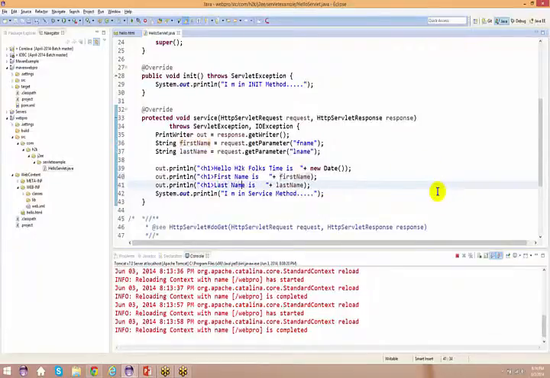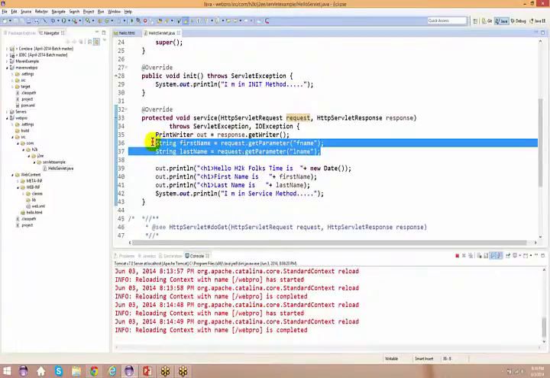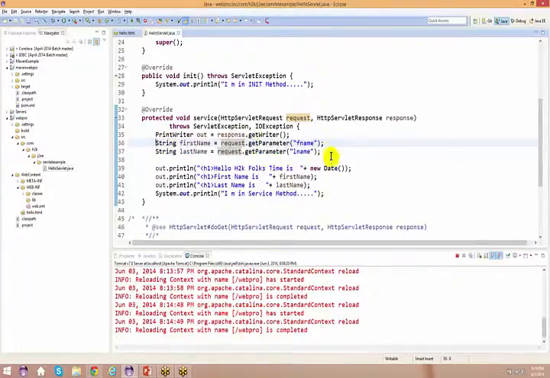Okay, so I'm done with using my request object out here. So what did I do with the request object? With the help of the request object, I took the parameters from my HTML, that is from a form, the one which you have submitted, and I'm just trying to print it out.